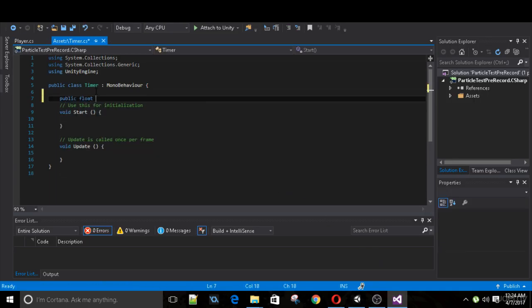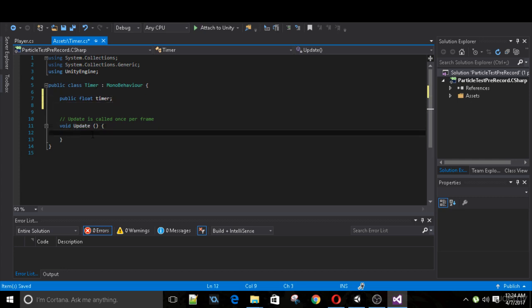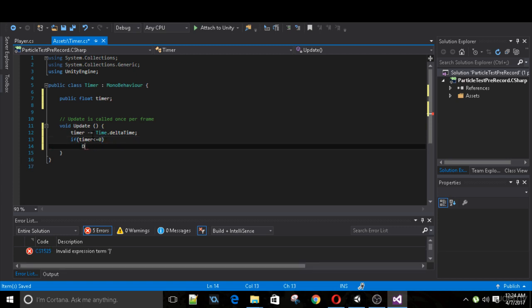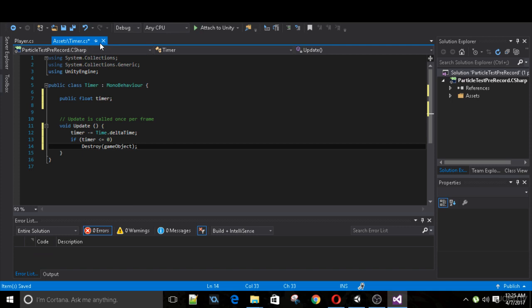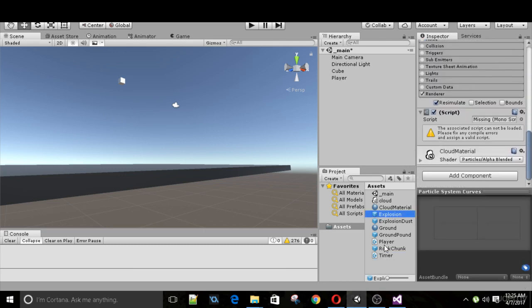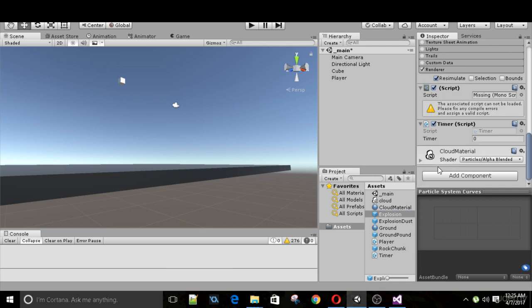So create a public float timer. We don't need the start method. In Update, just say timer minus equals delta time, and if timer is less than or equal to 0, we want to destroy game object. Game object referring to the game object the script is attached to. Now if I click on one of these prefabs and add the timer to it, I will have this timer parameter. So if I say that I want the explosion to last for 3 seconds, I can put in 3 there,